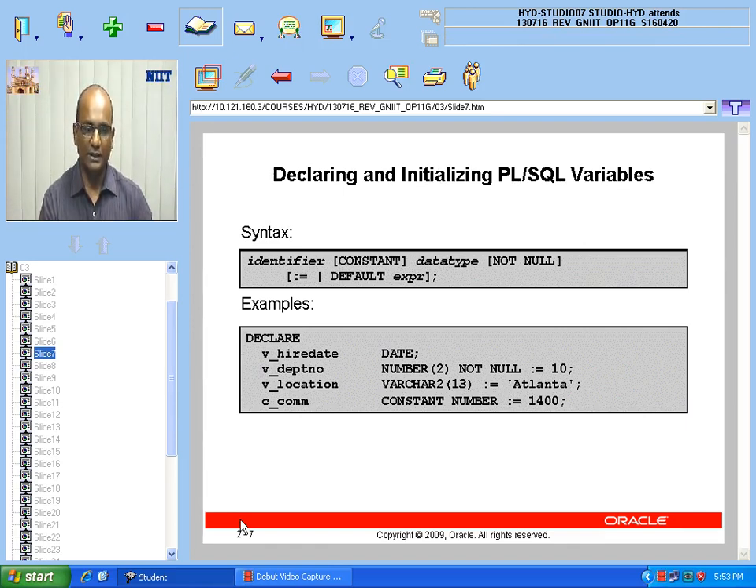Now consider a small example. The variable names declared: hire date, with data type date; department number, with data type number, not null, and the value initialized as 10. Location is varchar of 13 characters length, and Atlanta is the value initialized. C underscore commission represents the variable name with a prefix for the data type. V stands for varchar. C stands for a constant, or else you can use it generally for any char data type. So while you are declaring variables in your PL/SQL programs,